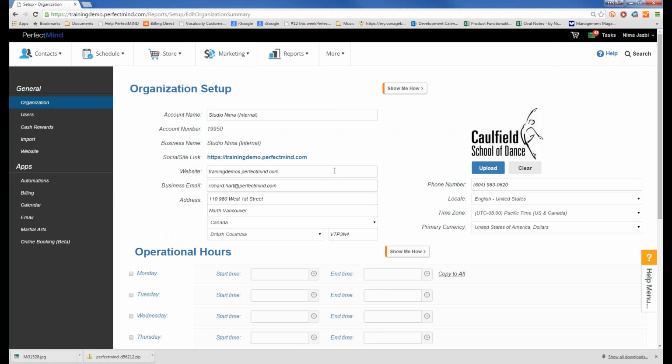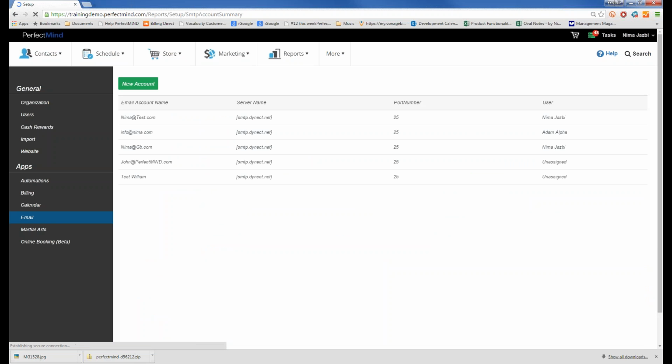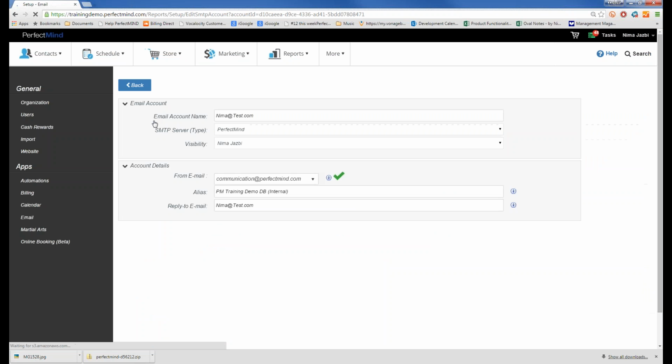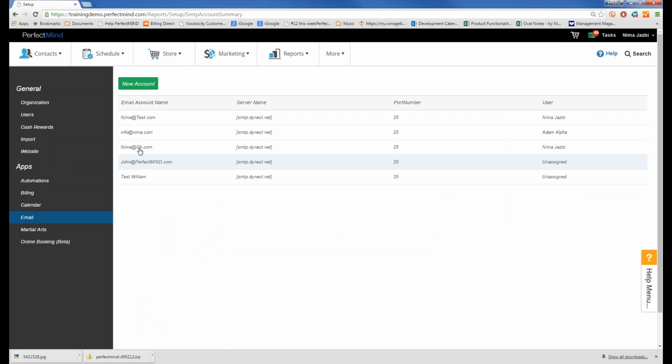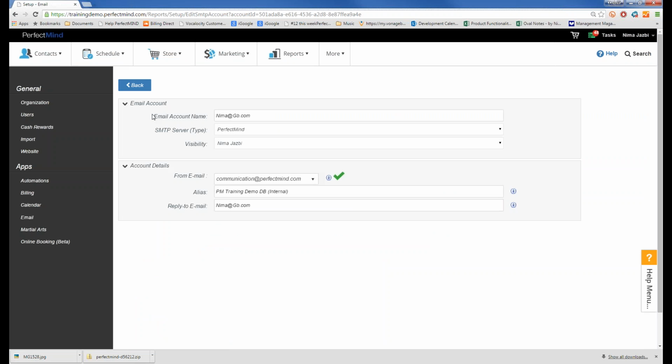All right, moving onwards, we do have an enhancement to our email application. I know many of you have requested and provided feedback on how we can improve the delivery of your emails within PerfectMind. Well, we've listened and we've done our best to create a system for you to be able to manage